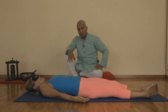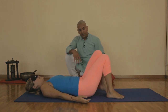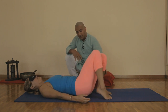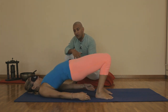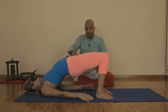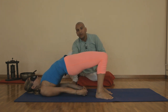Bring your body to neutral position once again. And then bend your knees, bring your feet next to the hip, and bring your feet at least as wide as your shoulders. So give a little gap between both feet, and then lift your hip up slowly from here. Lift up slowly and go as high as you can, and you can readjust your shoulders if you need to, and make sure that you're lifting your back